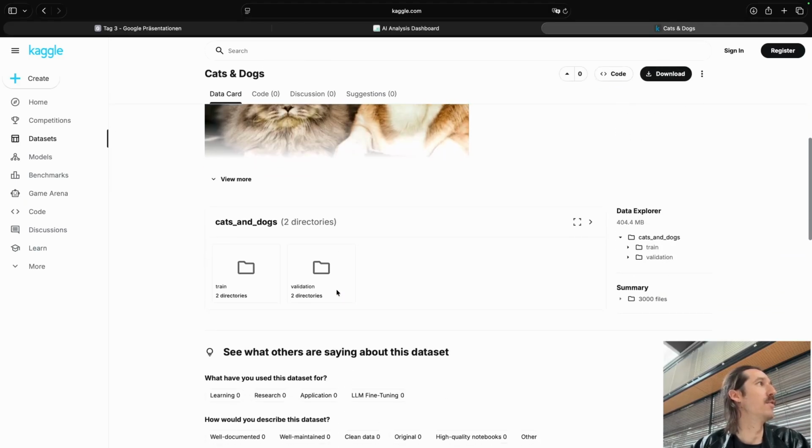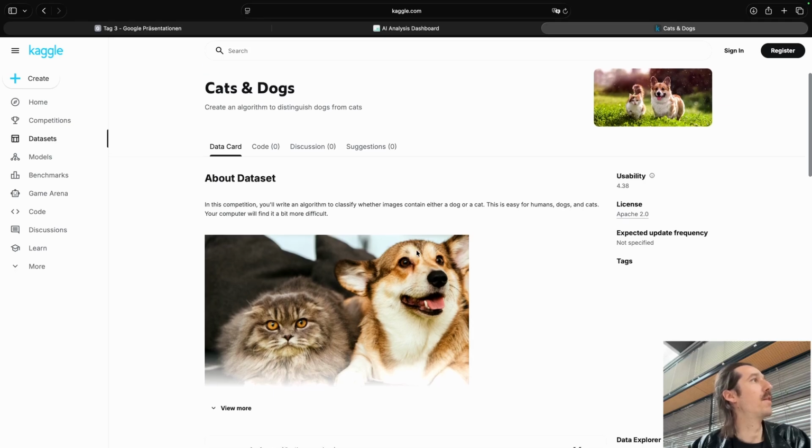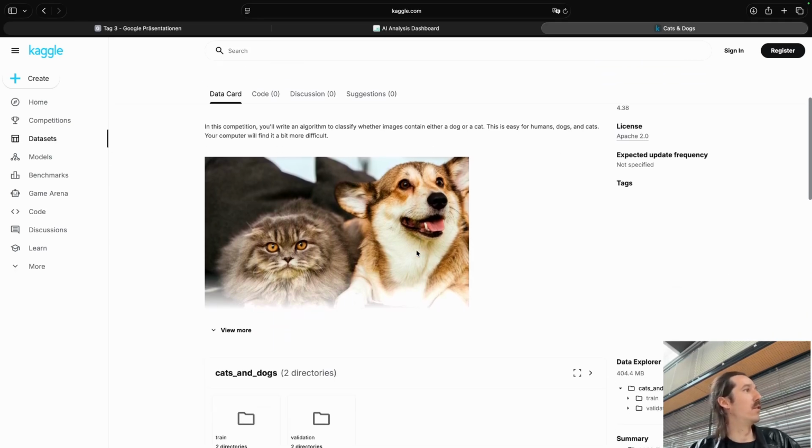Here in this example, it would be a classification between cats and dogs. You can download this data set for free and then use it for training a neural network. And what we will do now is download this data set and use it for our own purpose.